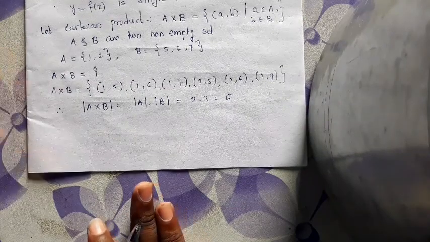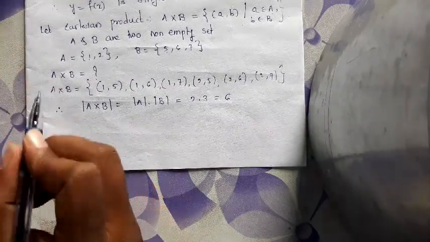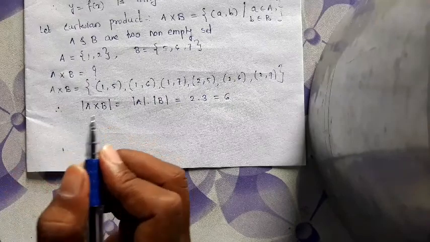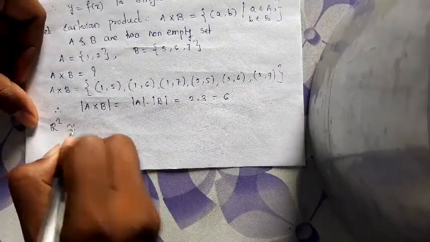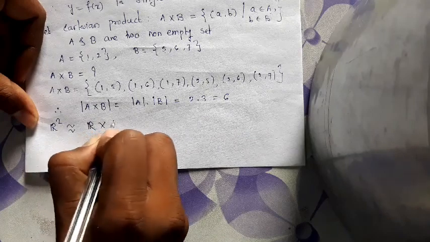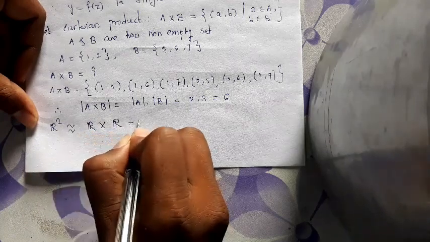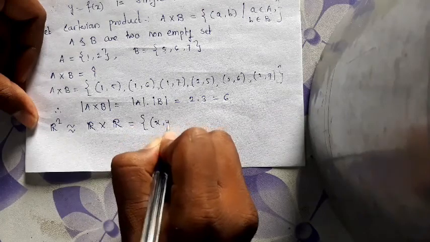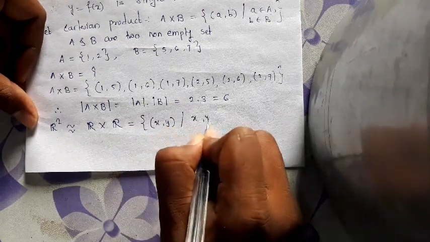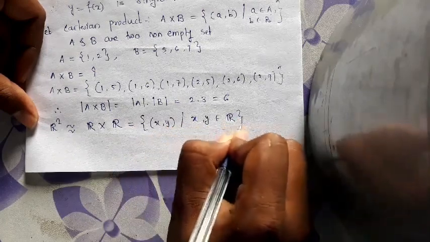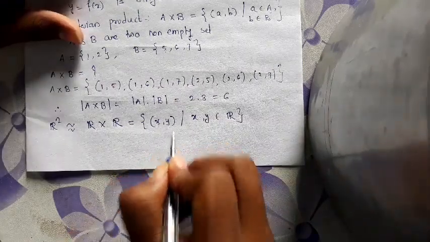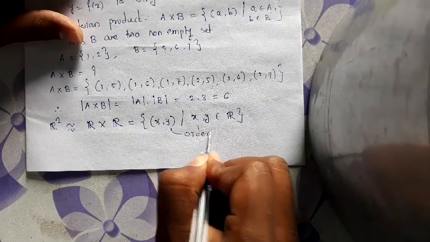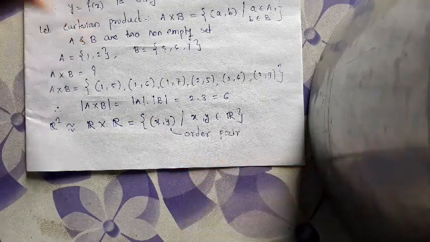We are going to discuss how R2 comes, how R3 comes. Look at here. What is R2? R2 is in general R cross R. This is the Cartesian product. Elements of the type (x, y) such that x and y both belong to R. So this is my R2. First position from R, second from R, this is called an ordered pair.